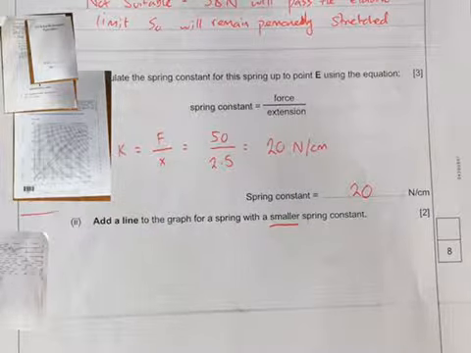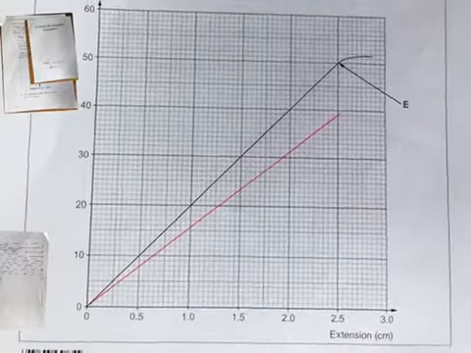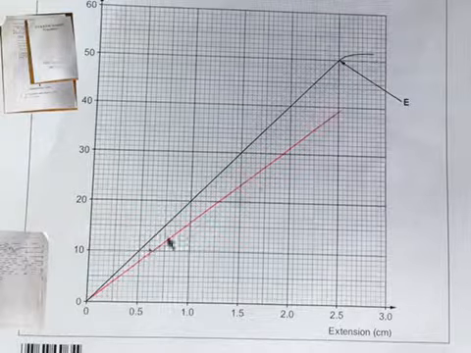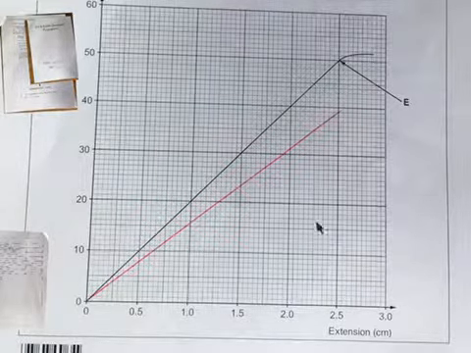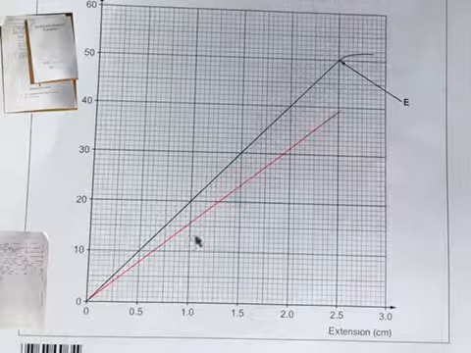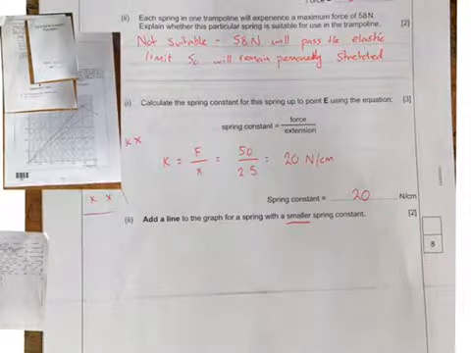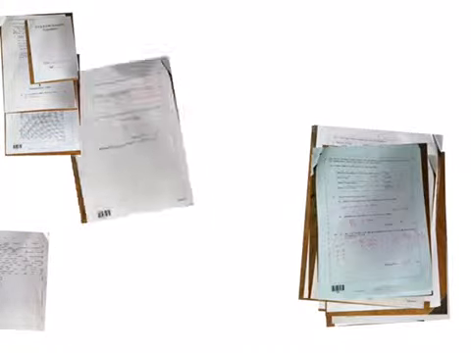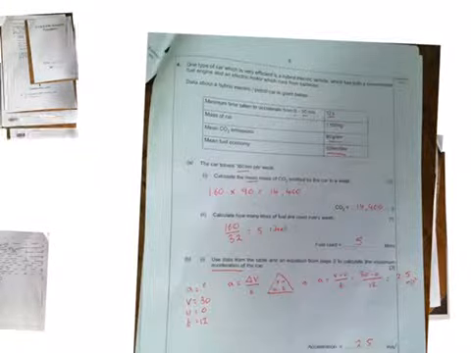Add a line to the graph for a spring with a smaller spring constant. Well, if it's got a smaller spring constant, it means it's going to deform at a lower force. So I've just put a straight line. Anything underneath here, you don't have to even put the curve, but just put a line, so long as you know it's underneath and not on top. So it's going to be less steep. I think that's that question done. Okay,